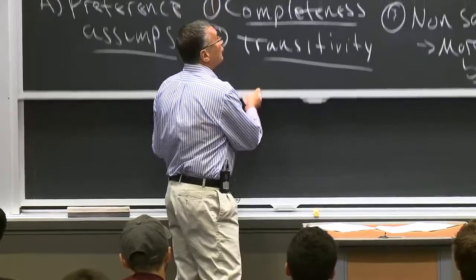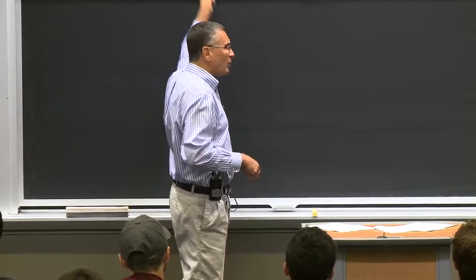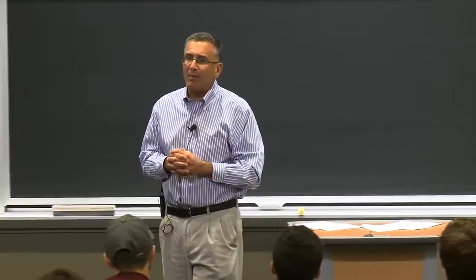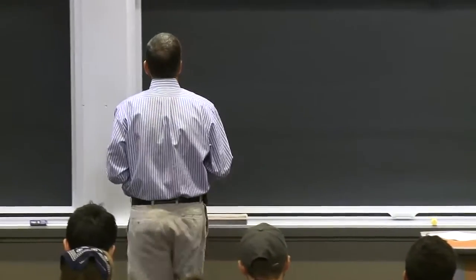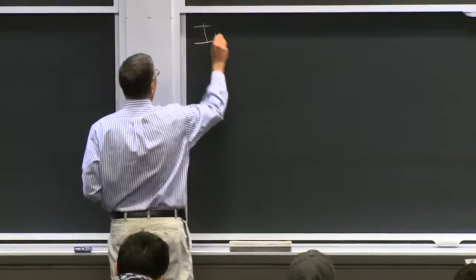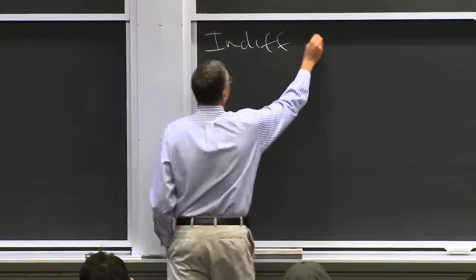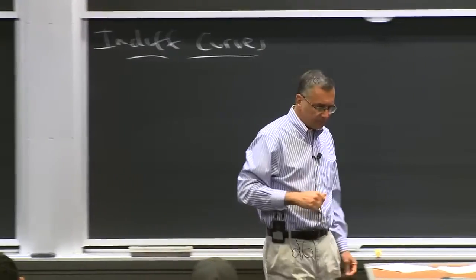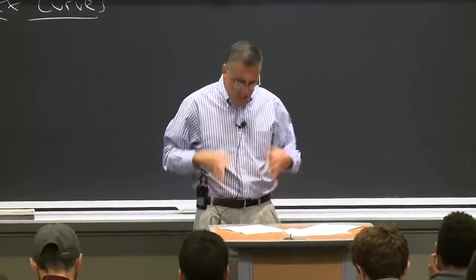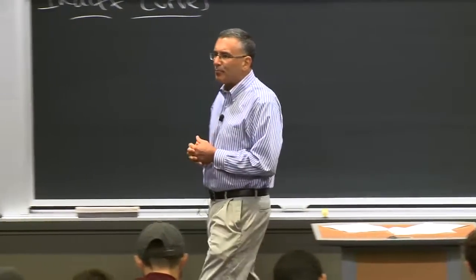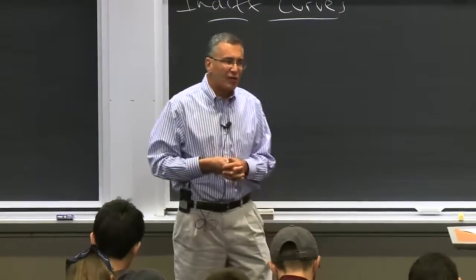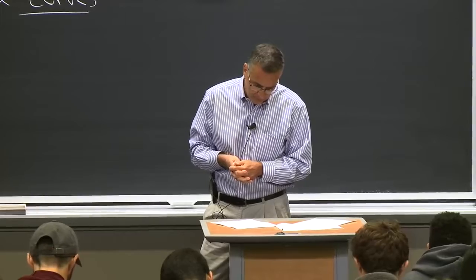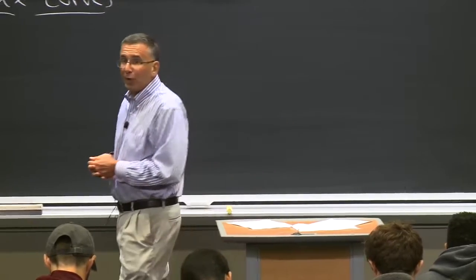So armed with those, I want to start with a graphical representation of preferences. I want to graphically represent people's preferences. And I'll do so through something we call indifference curves. Indifference curves are basically preference maps. Essentially, indifference curves are graphical maps of preferences. Okay? So, for example,